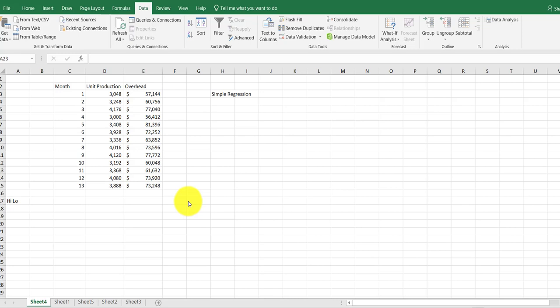So first thing, go to the Data tab at the top and over all the way to the side you see Data Analysis. If that's the case, you're good to go. If you don't see that, then you may need to go to File,